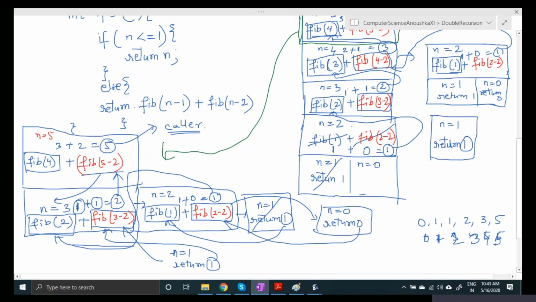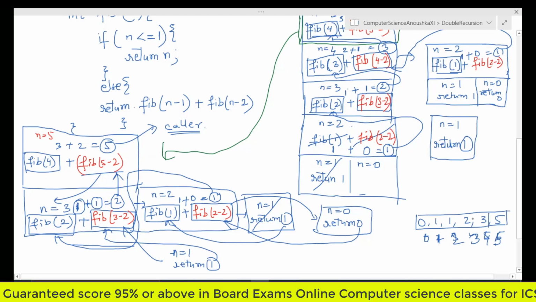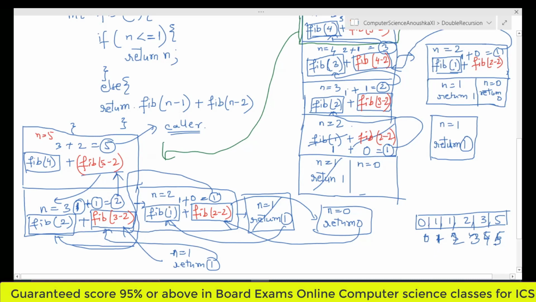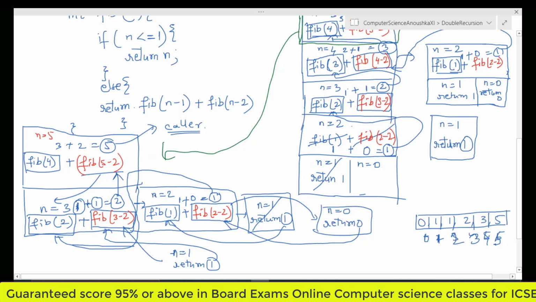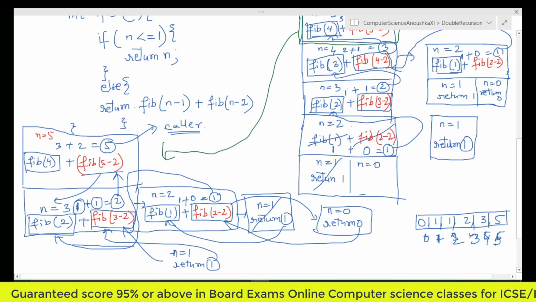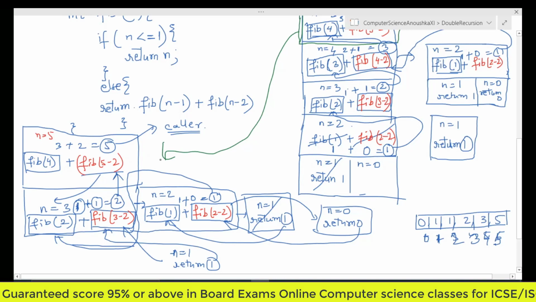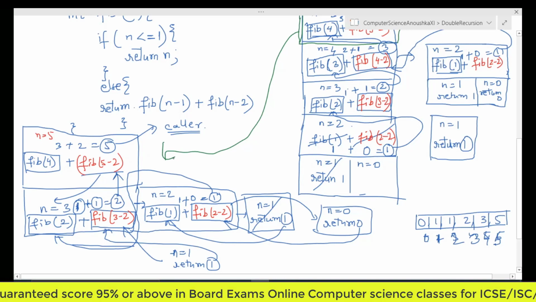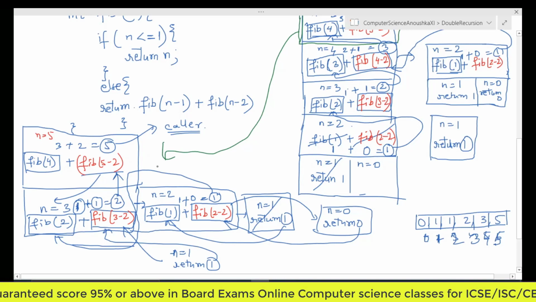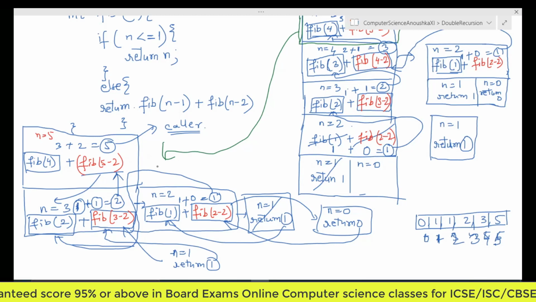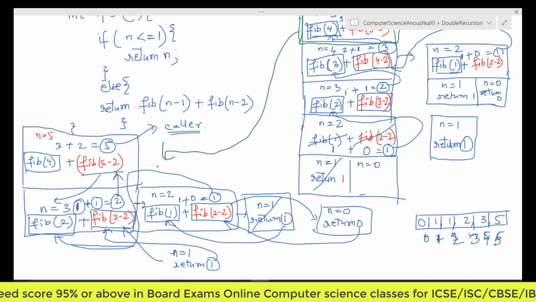Because at the end of the day, we have to store all the values inside an array. So an array always starts with the 0 position. So this is how we can generate the nth position Fibonacci number. Fine. Understood the double recursion? So let me write this code and let's see how it is performing, whether it's working or not.